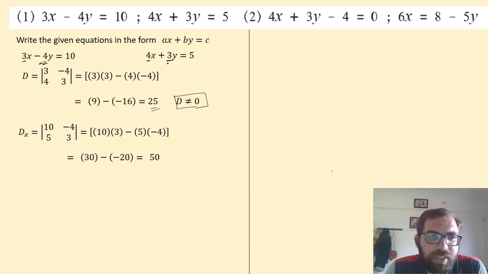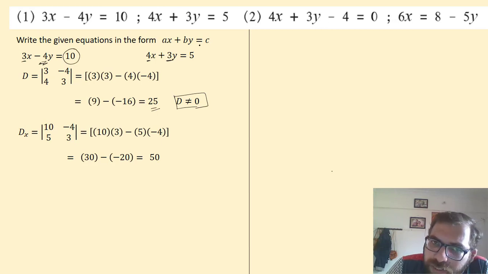Column is vertical, so we say 10 and 5. This is the 10 constant and this is 5, so we write them 10 and 5, minus 4 and 3, which will give you 10 into 3 minus 5 into minus 4,